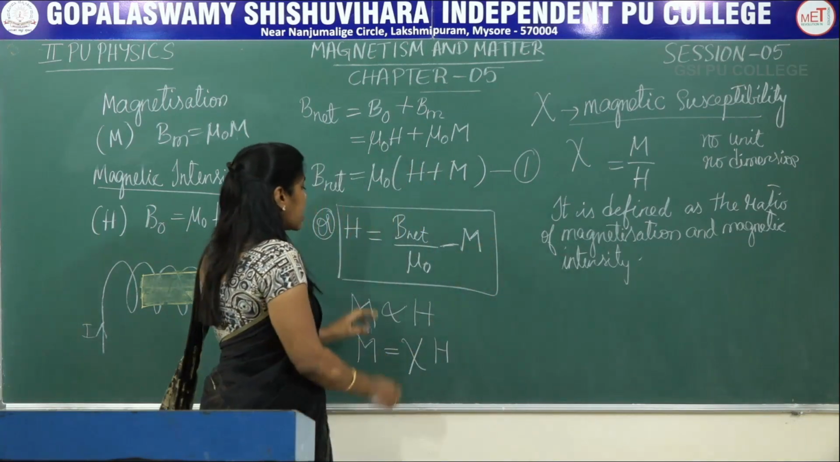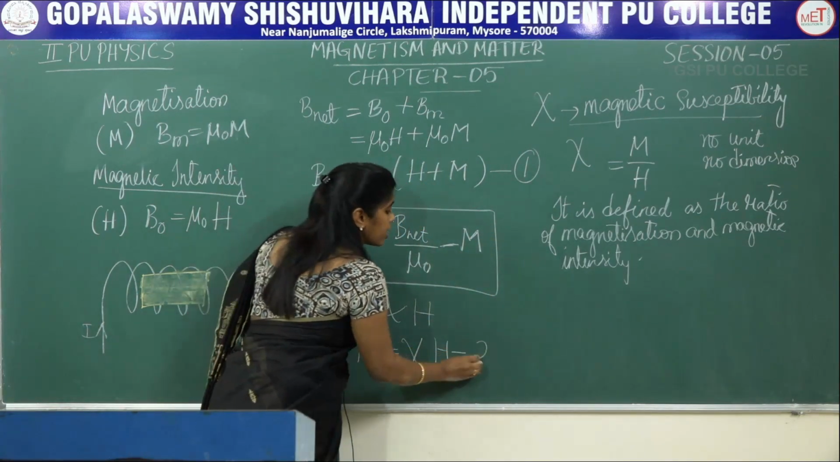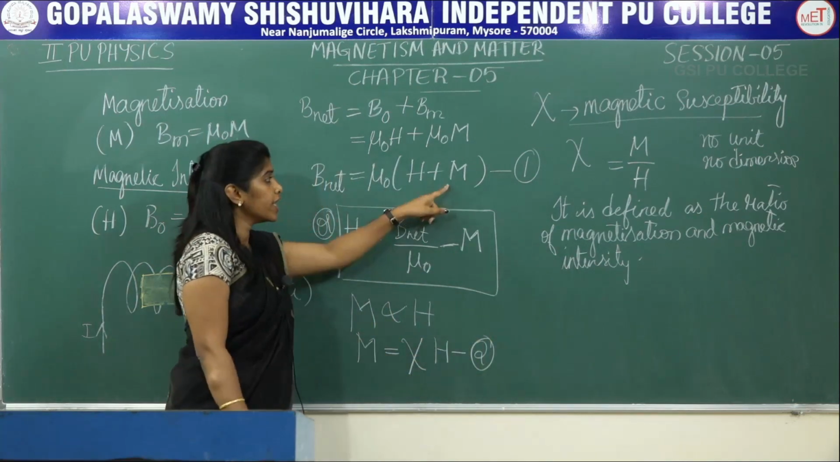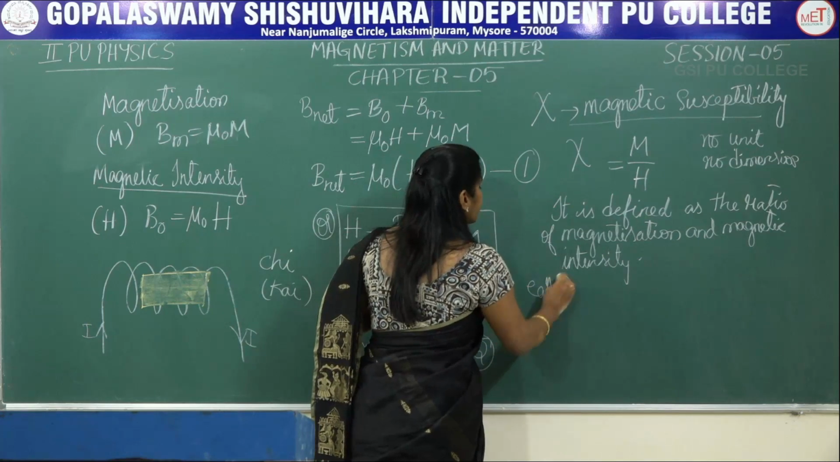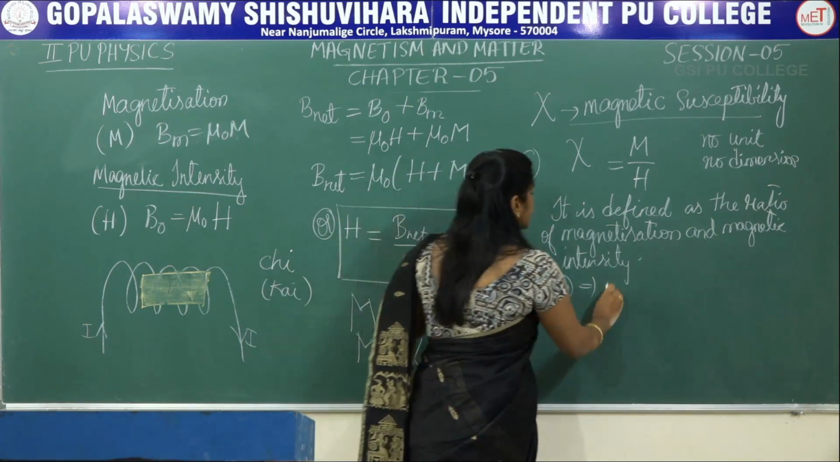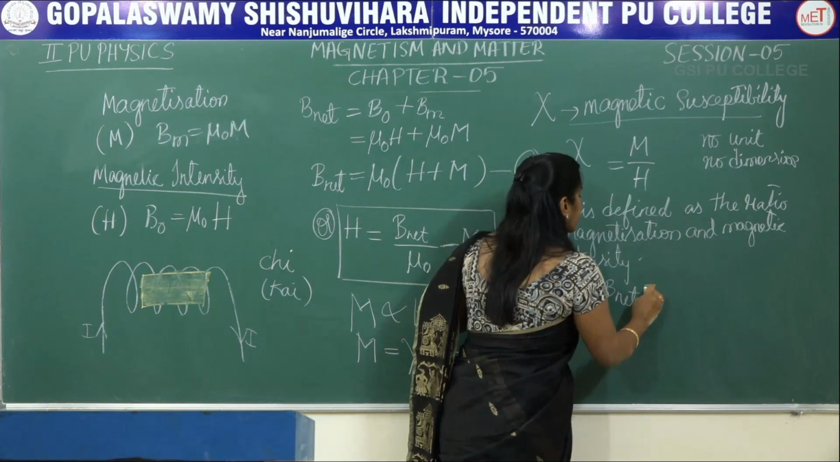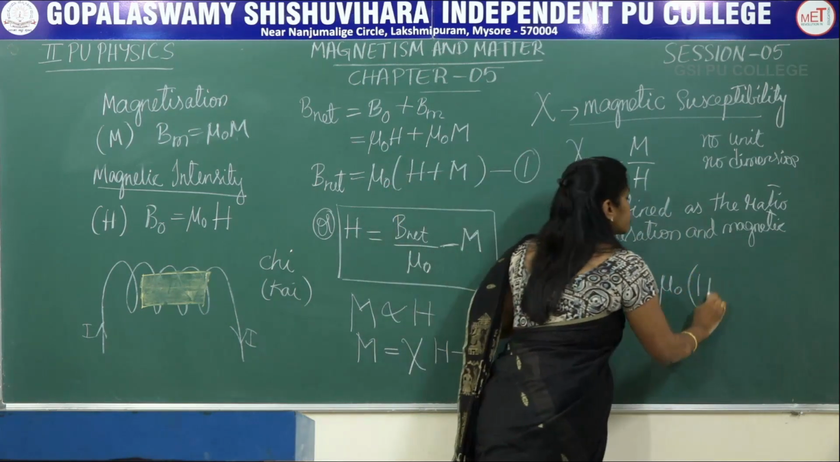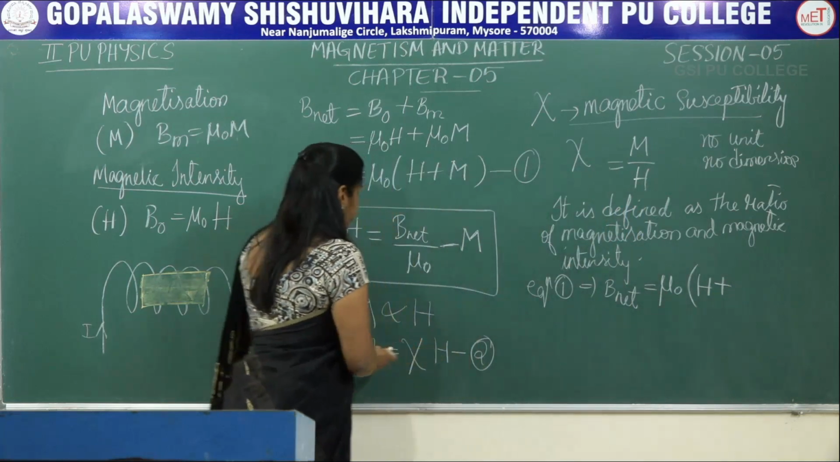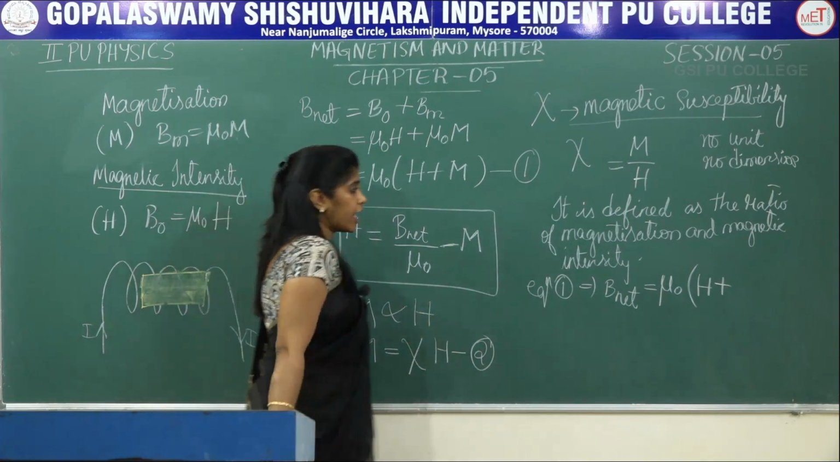Next, coming to this, I am going to substitute this. I will take this as equation 2 in equation 1. So what happens to equation 1? Equation 1 becomes the net magnetic field is equal to mu naught into H plus, I am going to replace M by chi H,